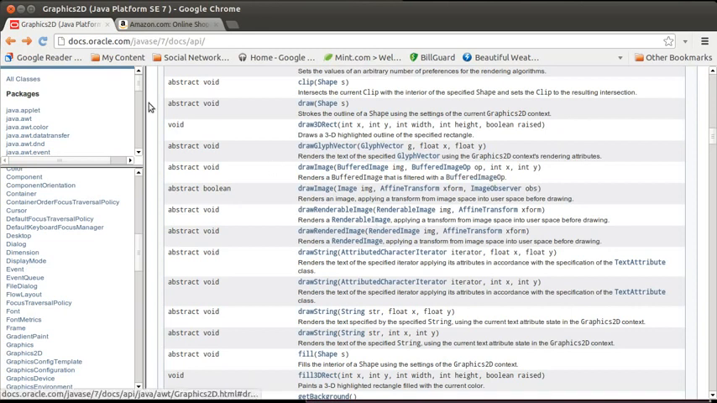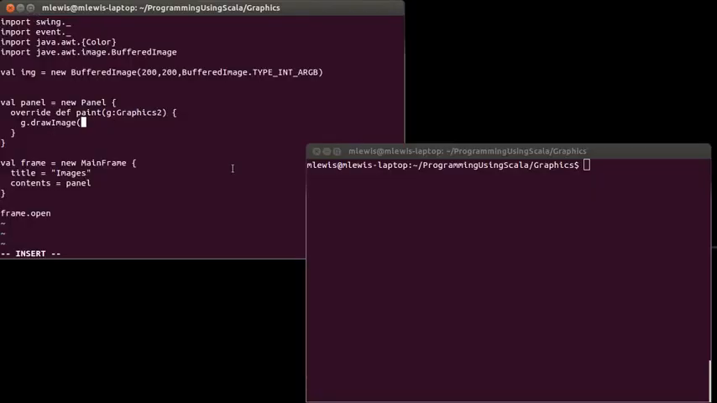I'm actually going to use the simplest form, which takes the image I want to draw, an X location, a Y location, and an image observer. In our case, we don't need an image observer. An image observer would be, for example, if you're loading images off the internet and you need to keep track of things. In our case, I'm perfectly happy passing in null as my image observer. That will work fine. And if I run this,